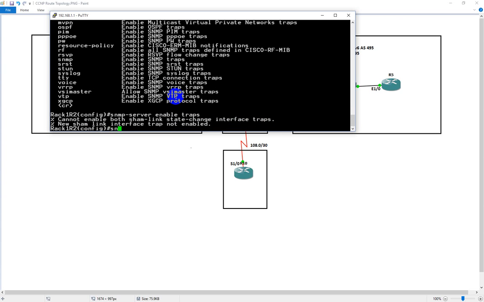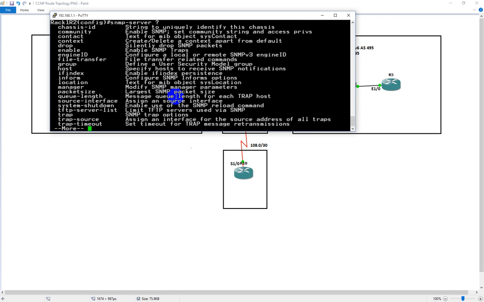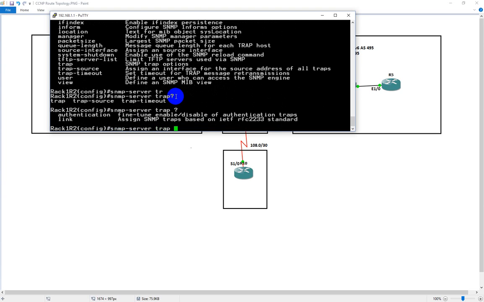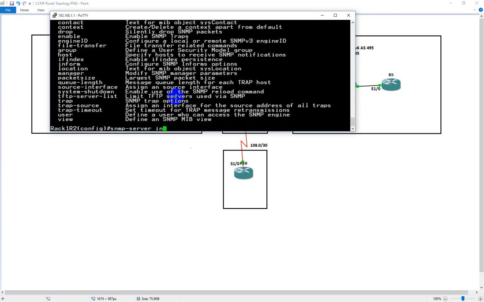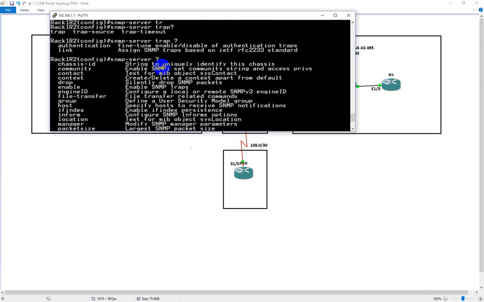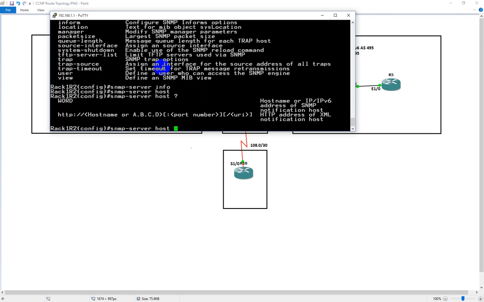And then if you type in snmp-server, you can actually send trap inform. Or is it trap inform, or is it... it's trap host. SNMP host, and then you'd be able to specify where you're going to send the information, and